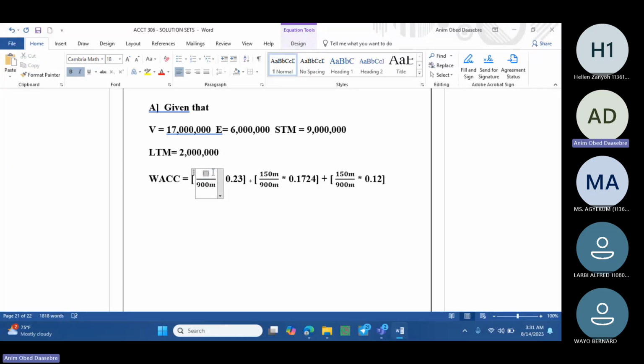So we have equity divided by the total book value. So that will be your equity plus